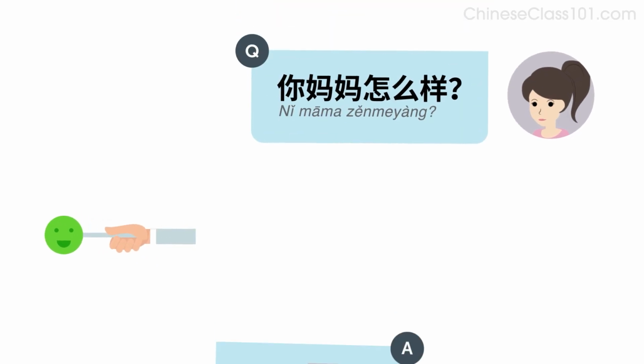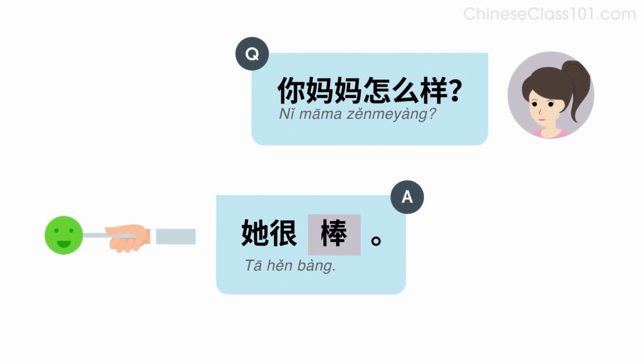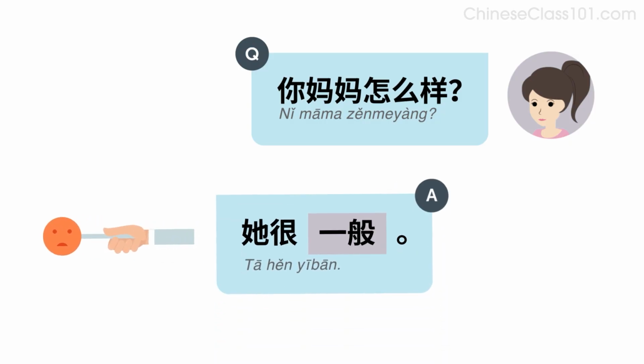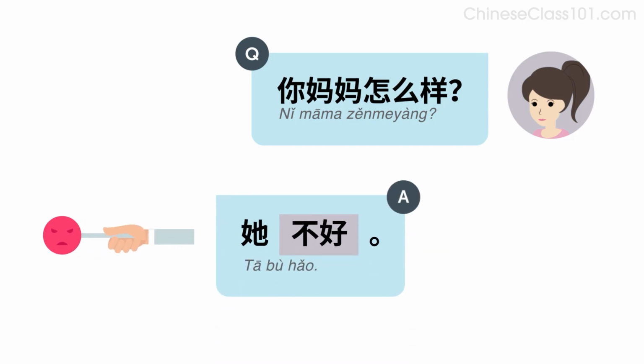Let's look at some examples. Listen and repeat or speak along with the native speakers. 你妈妈怎么样？她很棒。你妈妈怎么样？她很一般。你妈妈怎么样？她不好。